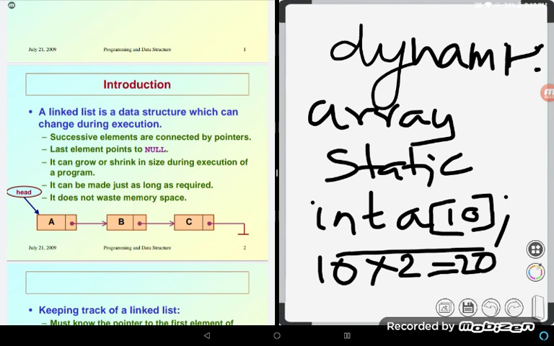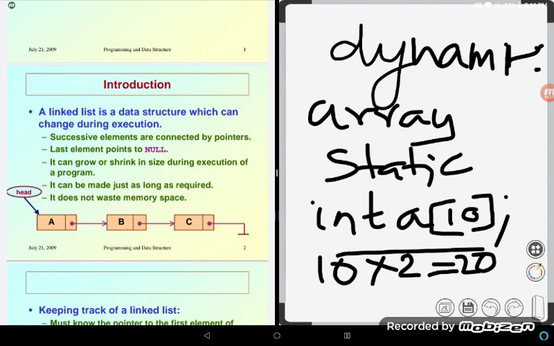In the case of a linked list it is different. One more thing: if I declare an array like int a[10], then apart from the properties of the array, 20 bytes will be reserved. Though I am reserving 20 bytes in advance, I assume that during program execution my program will use a maximum of 10 integers.